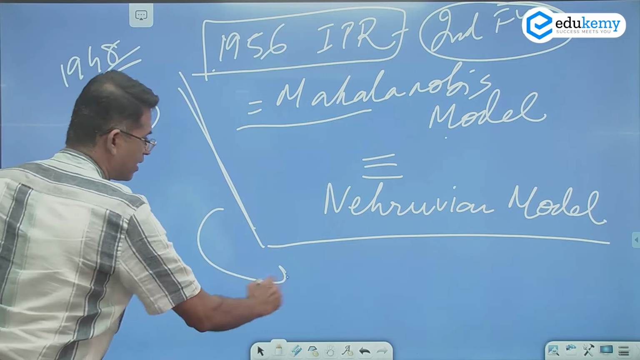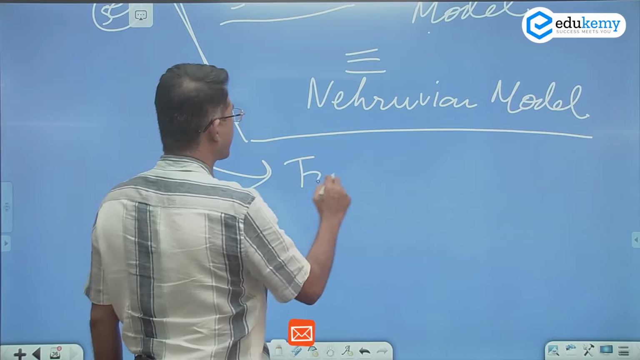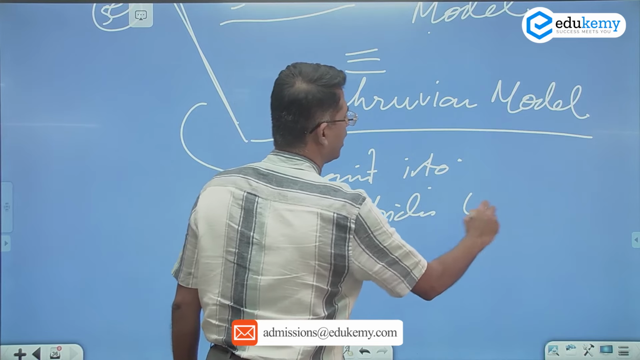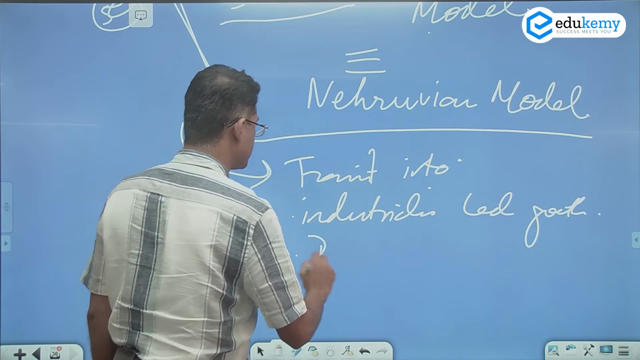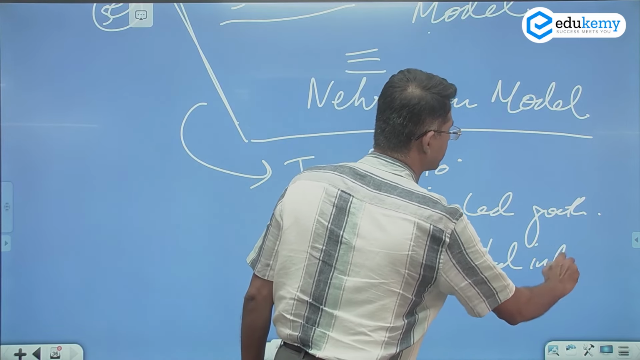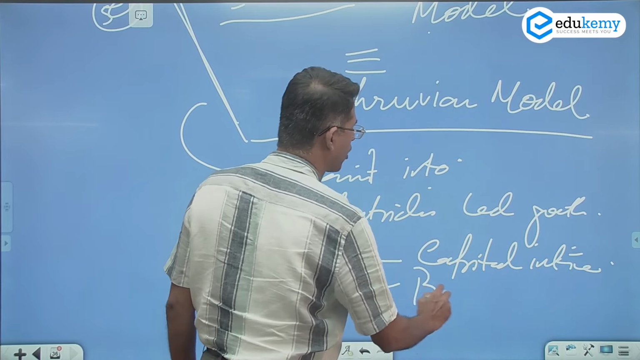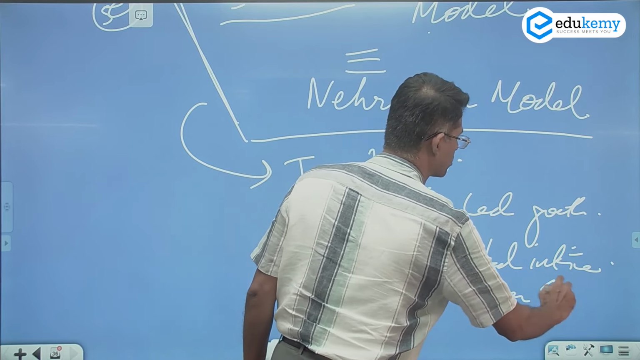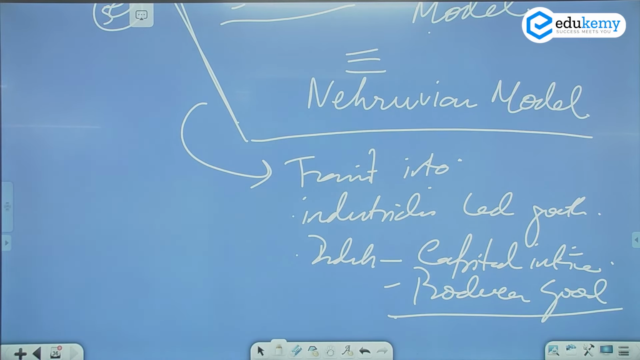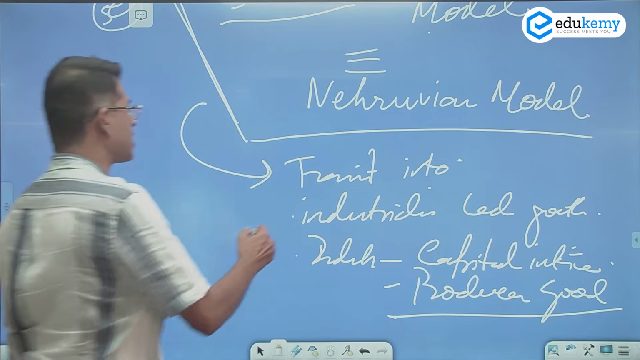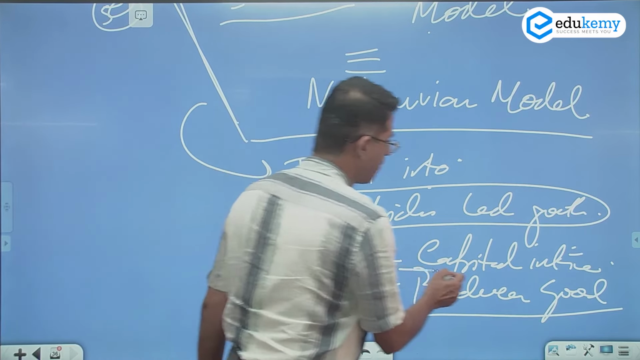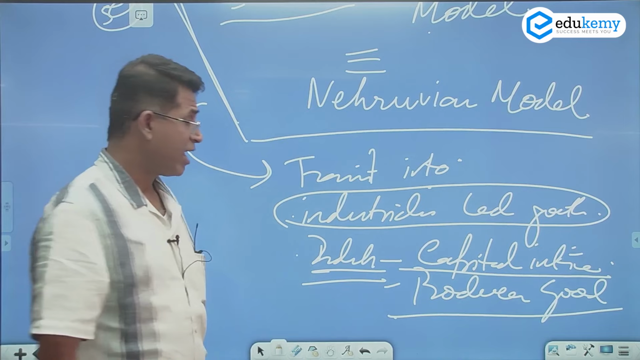This model said that India must transit into industrialization-led growth. And what type of industries? Industries which are capital intensive, industries which are of producer goods, not consumer goods. The model says move into industrialization-led growth. And industries, but what kind? Capital intensive industries, heavy engineering,